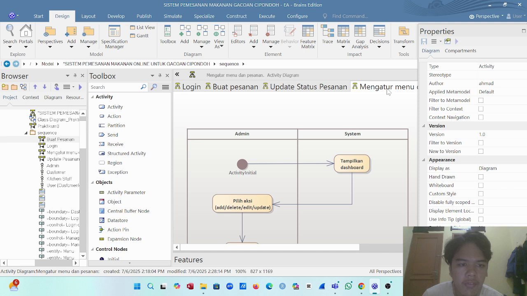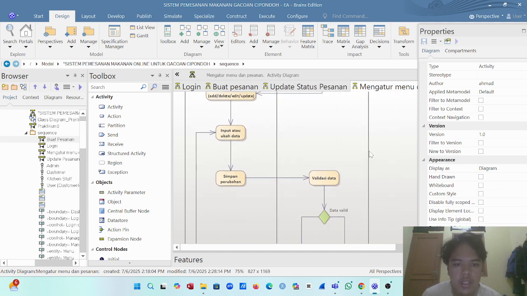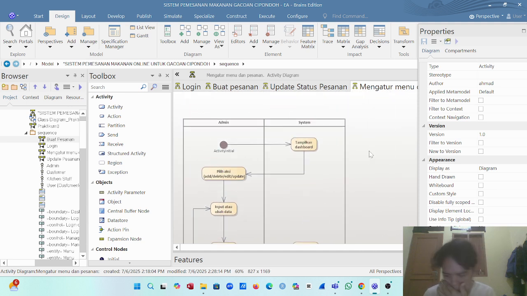And number 4 is manage menu and order activity. This diagram focuses on the admin's role in managing menu data and customer orders. Admins can add, edit, delete, or update menu and order information.